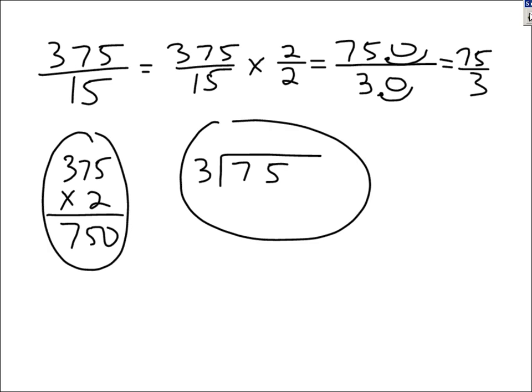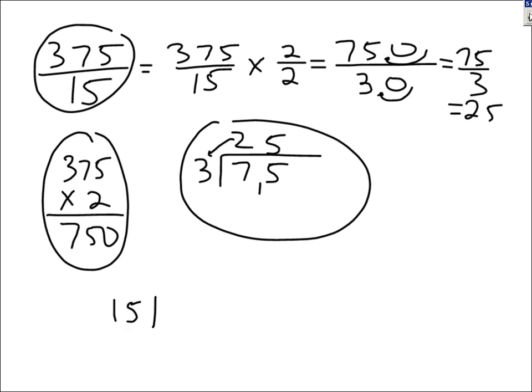3 into 7 goes 2 times. 2 times 3 is 6. Take that away from 7, 1 left over. 7 take away 6 is 1. And 3 goes into 15 5 times. And that's your answer. This answer is 25. If you did the long division,